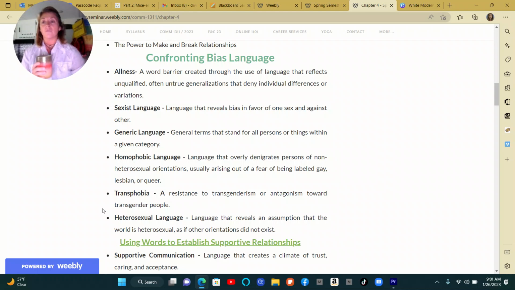So for me, I was born in the 80s and went through middle school in the 90s and then high school in the 2000s, and the heterosexual language has actually just changed in the last 5 years. That's been a huge change for those of us who are older, really above 30. There's a lot of this heterosexual language, a lot of this allness. And that really comes from, I hate to say ignorance, but it comes from an unawareness.